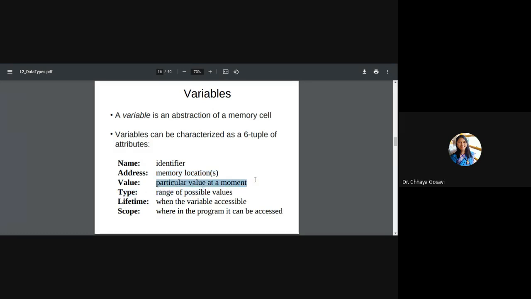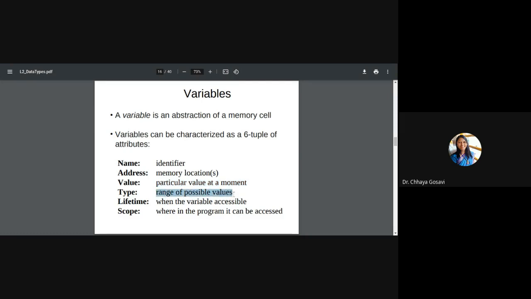Value is the value that you store at that particular moment, as the value is going to change from a programming point of view. In C language, if you declare a variable without initialization, it will take a garbage value. So what is a garbage value? When the compiler assigns a memory location, it may already have some value previously stored there. That is a garbage value. But in Java, whenever we create a variable, it is allocated a default value, which is 0 in case of integer, and null in case of pointers or references, etc.